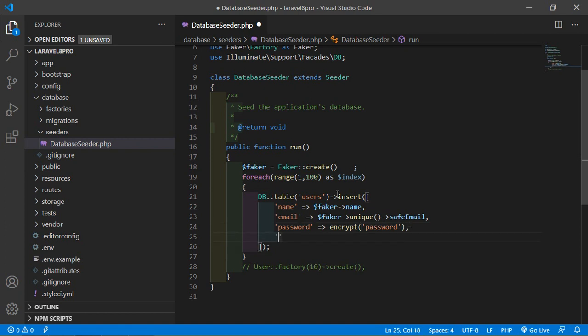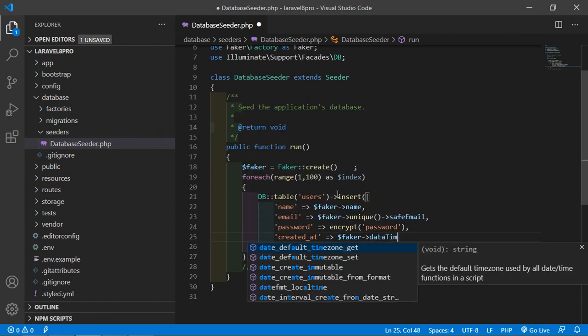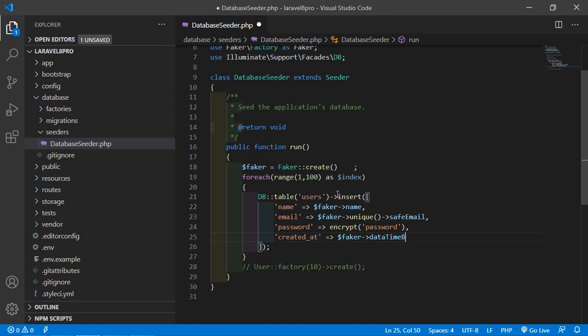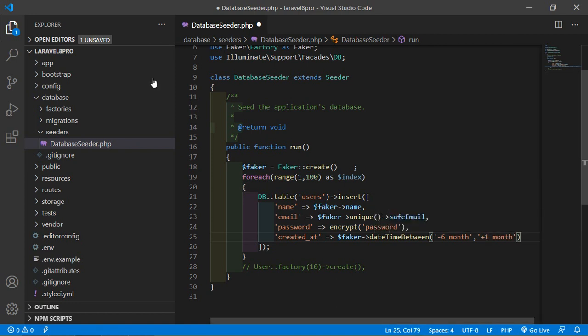Right, now created_at, $faker->. Let's use the dateTimeBetween function, so just write dateTimeBetween, and inside this let's add here 6 months ago, so just write -6 month, and after 1 month for that just write +1 month. Alright,